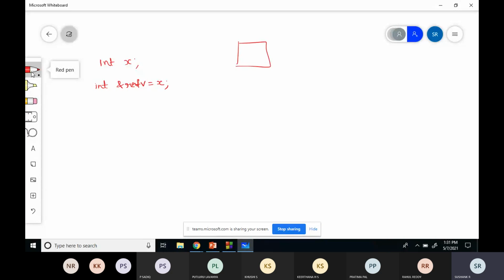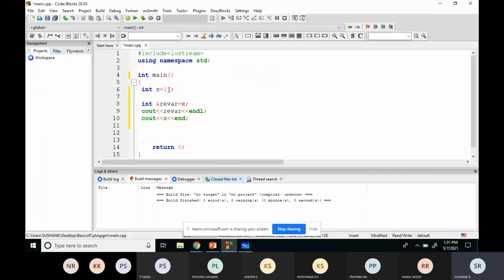So one block of memory will be allocated for this variable x at some address. I'll take it as 1100. At address 1100, the variable x will be assigned. This variable x has the value 15. I've given the value of x as 15. You can check this part here: the value of x as 15, line number 6.